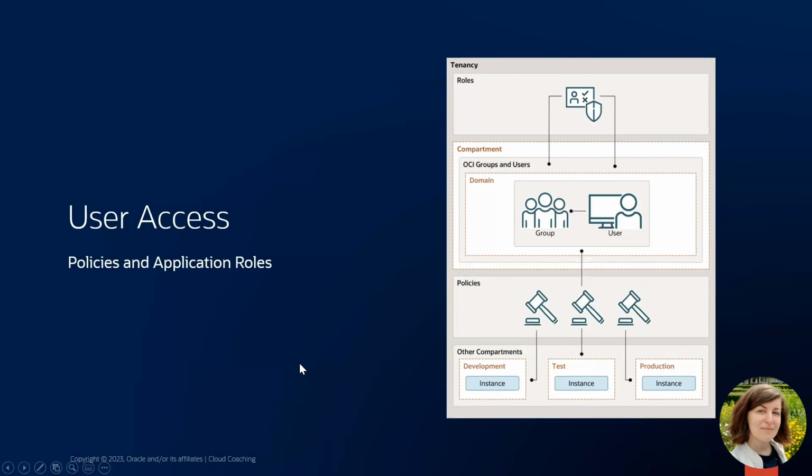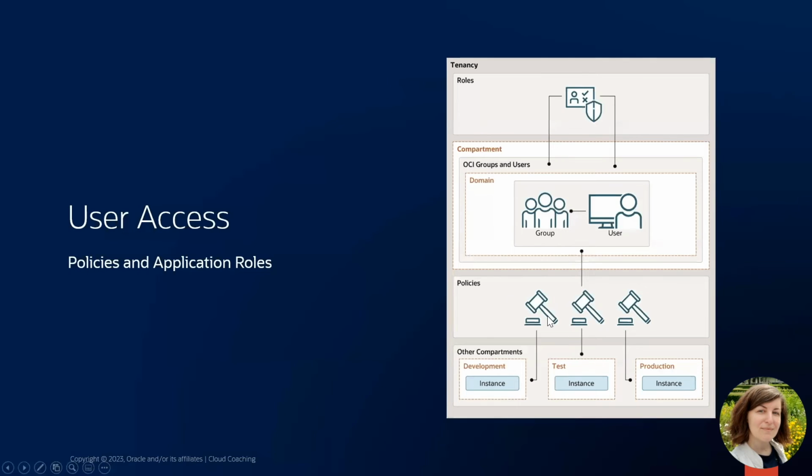For user access to OIC, we use policies and roles. In your cloud account, you have domains, identity domains, where you can define your users and your groups.